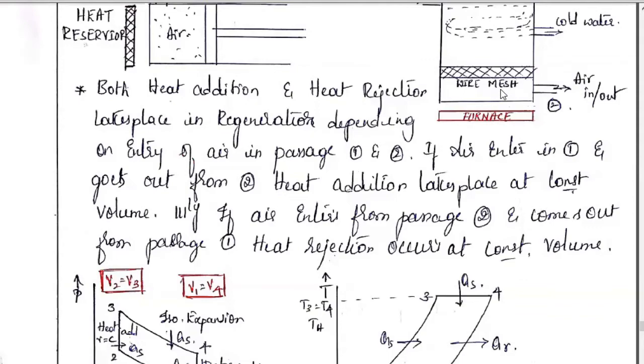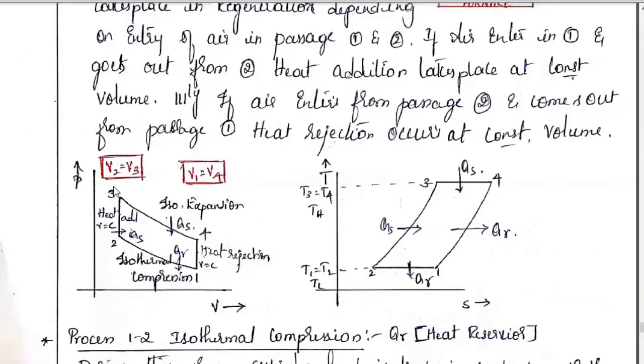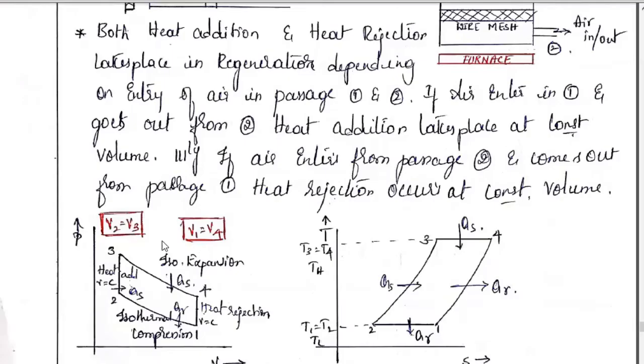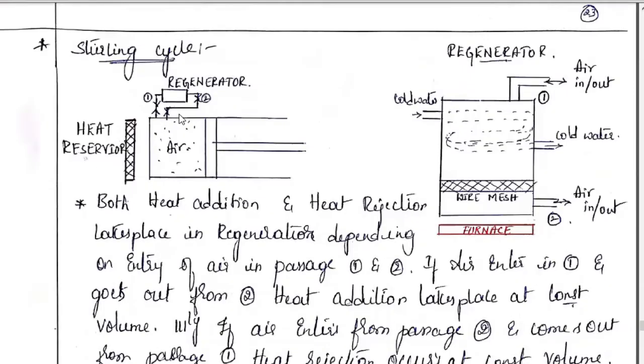Now when it passes through the second condition, heating occurs. So I call the 2 to 3 process heat addition at constant volume. There is no change in volume. Yes. So that's why there is heat addition at constant volume. Once it goes from the second and comes to the top, there is isothermal expansion. See what happens once it passes to the second condition.